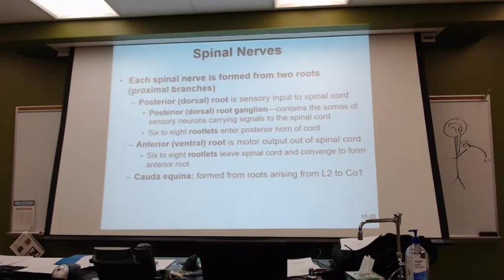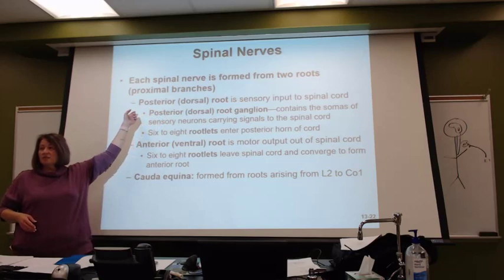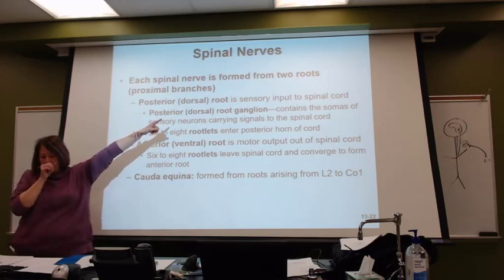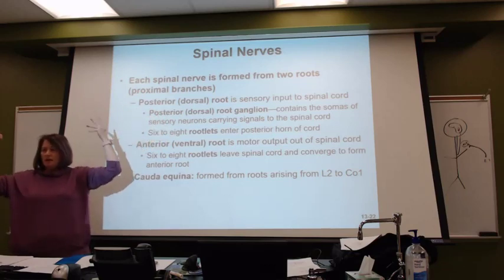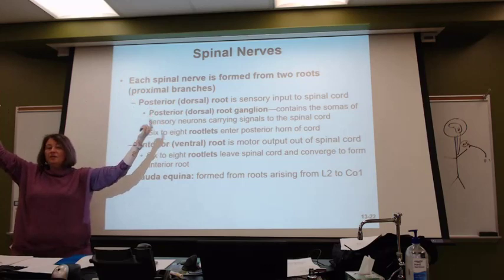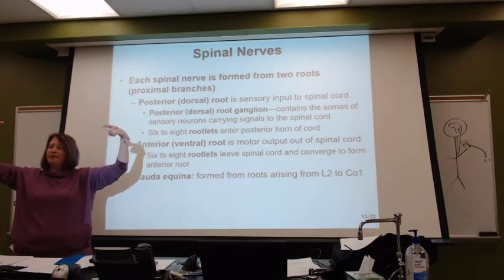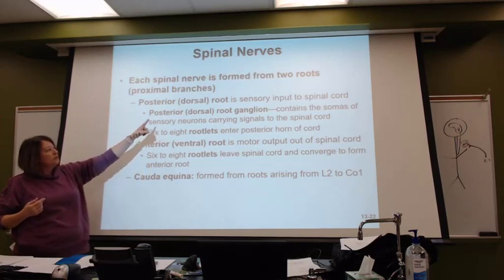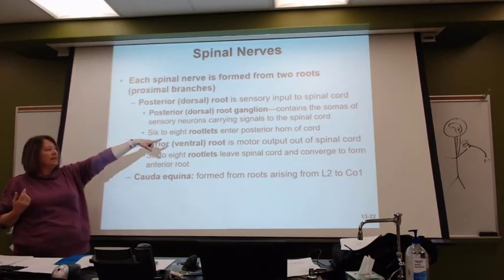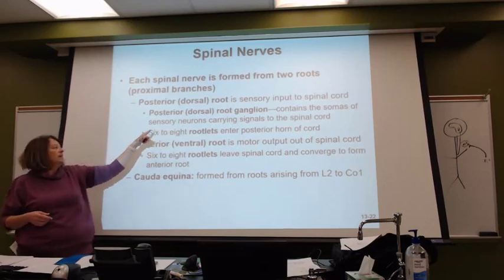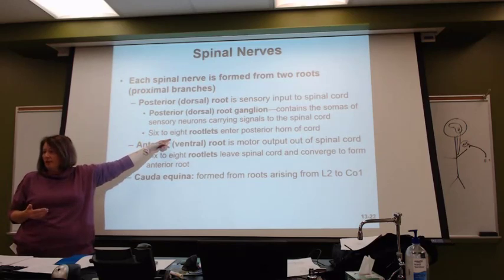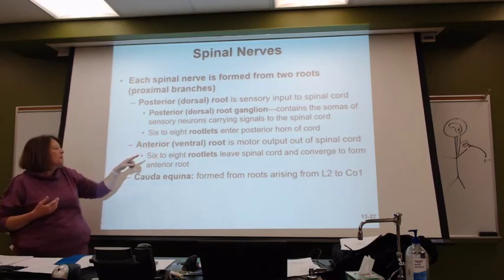So, the dorsal or the posterior side, like I keep saying, sensory input, all right? Everything that we're recognizing, whether you know it or not, okay, because that's really cool about the nervous system. It's picking up stuff we're not even aware of. So, sensory information goes in, keep talking about the ganglion and having the nerve cell bodies, and then their rootlets. Anywhere from 6 to 8 will be the rootlets that exist.